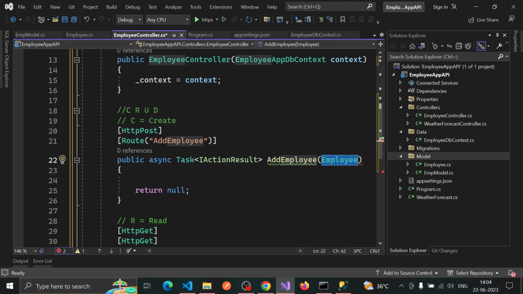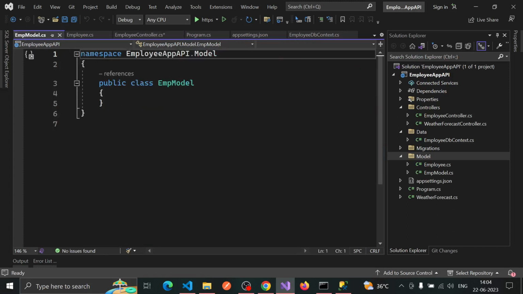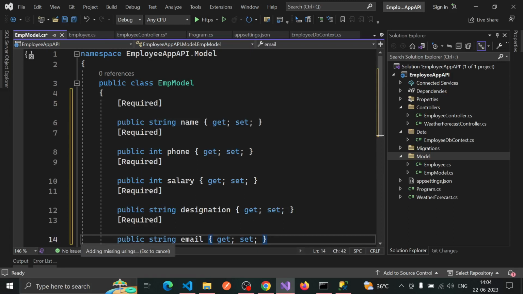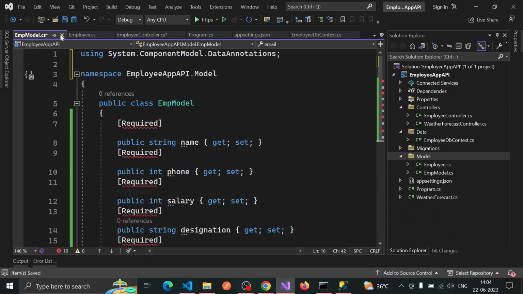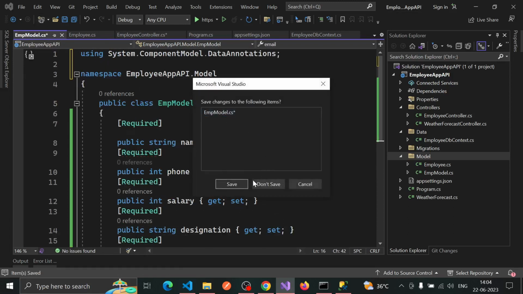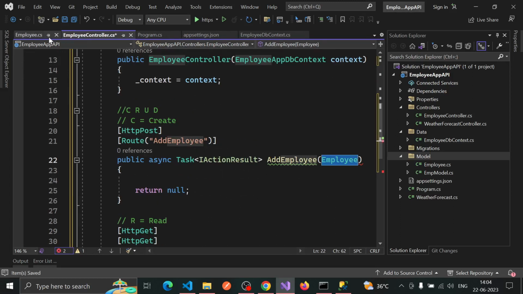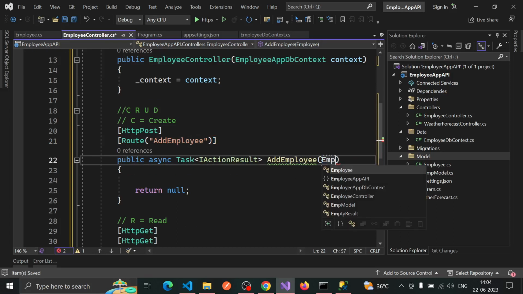I don't need to pass the GUID here in the form itself. So I just go to model and paste this, save this. So this is just the employee model. Okay, required. Yeah, it's done. So here I have to pass EMP model